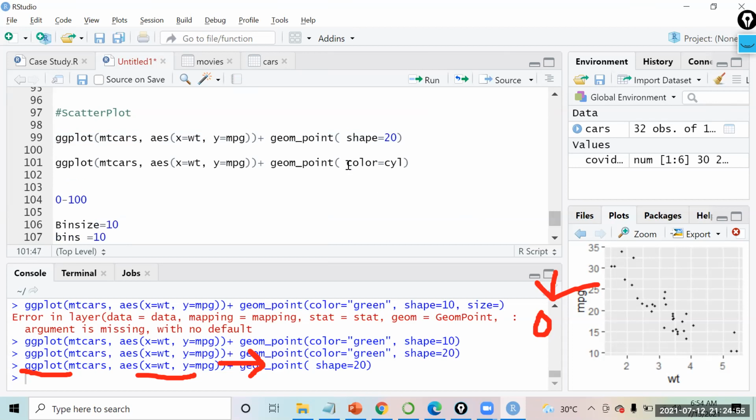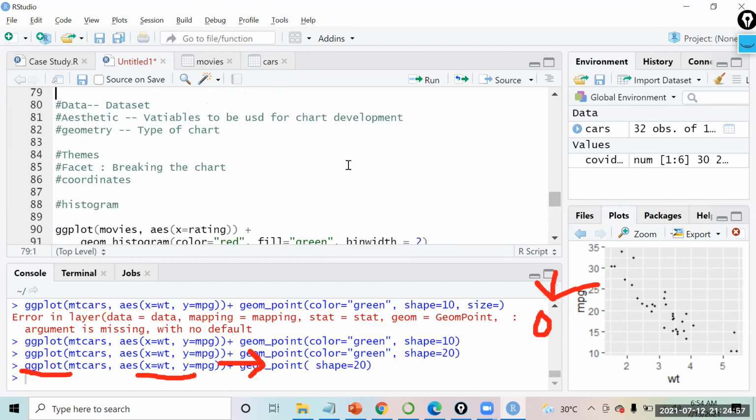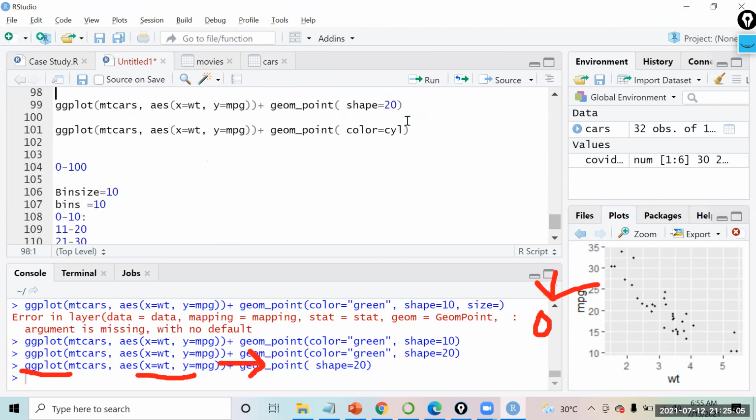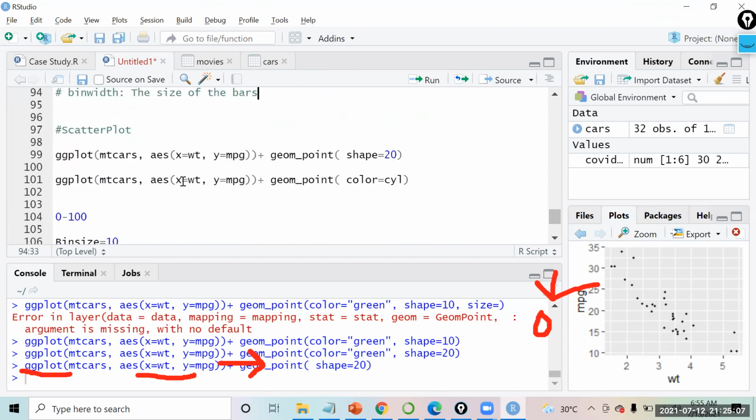What did I say when we were discussing at the start? Aesthetics: the variables to be used for the chart development always come under aesthetics. When I was writing weight and mpg, they are the variables, so they are coming under aesthetics. The same thing I will have to do over here: aesthetics color should happen on the basis of cylinder.